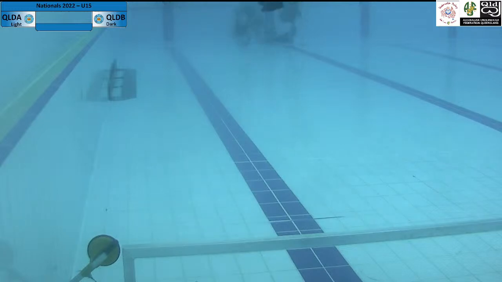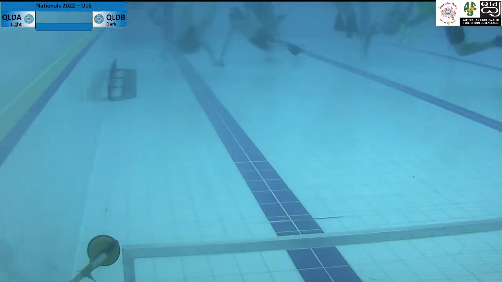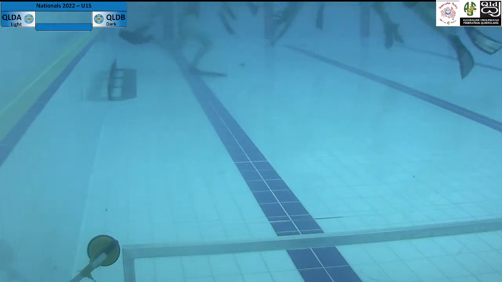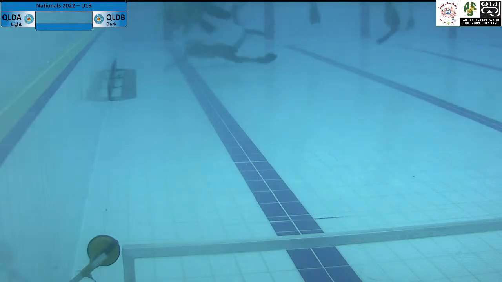I think it's about 4 or 5 minutes into the first half, and the white team, which is Queensland A, is doing a good job right now of putting pressure on the Queensland B team, and nice little curls there, but it looks like the Queensland B players shut down that drive. Great work there, but Queensland A are recycling the puck around the front of the goal where they want it. They want to drive to the front of the tray to give them the best chance of scoring.